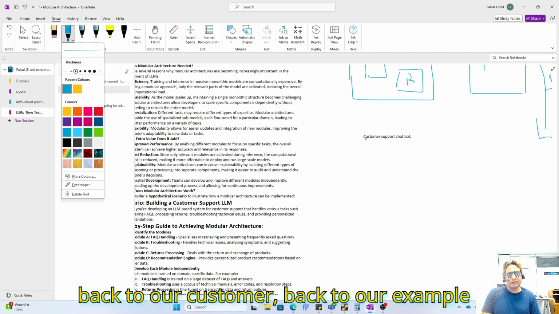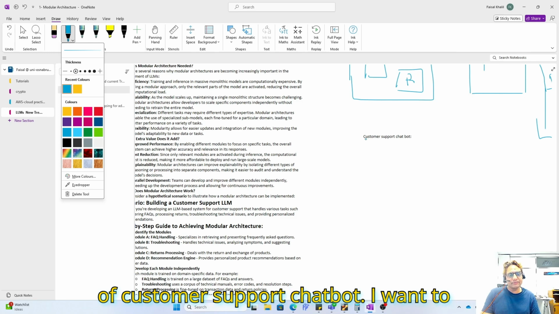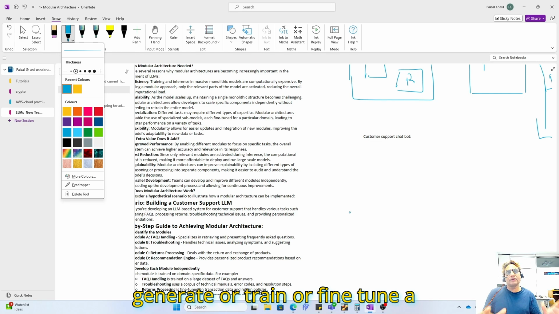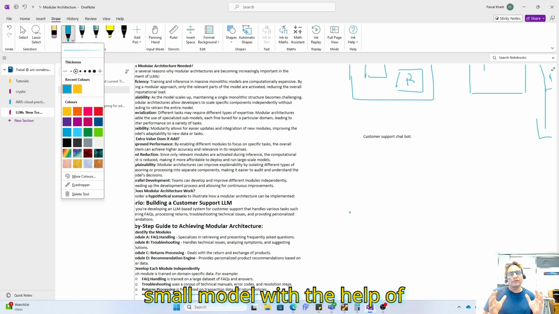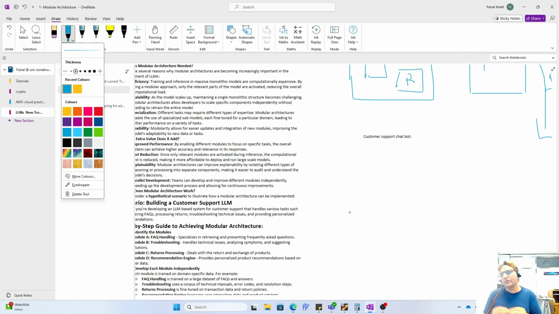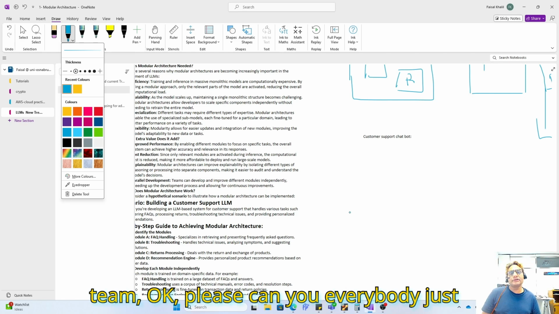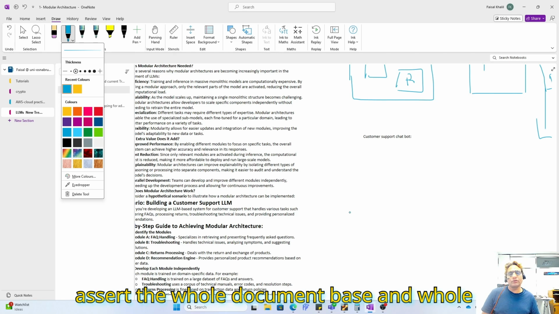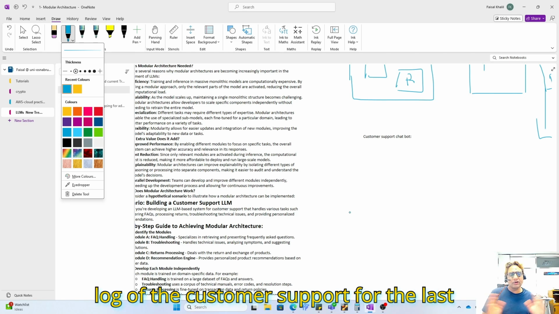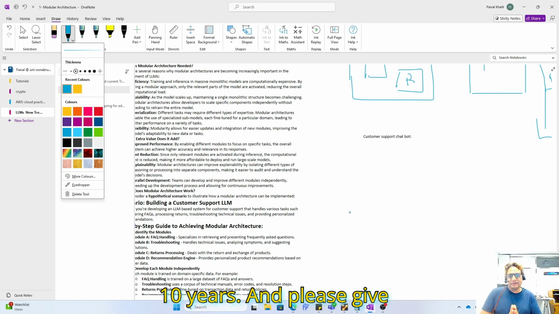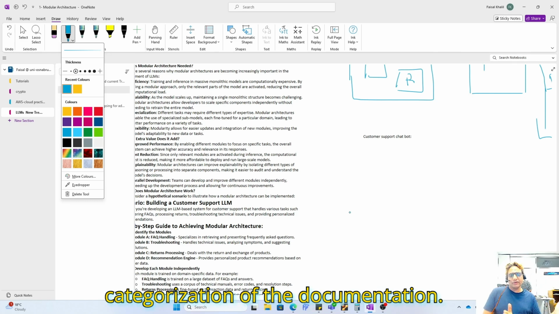Okay, back to our example of the customer support chatbot. I want to generate or train or fine tune a small model with the help of documents. For example, I asked my team, okay, can everybody search the whole document base and the whole log of the customer support for the last 10 years, and please give us the categorization of the documentation.